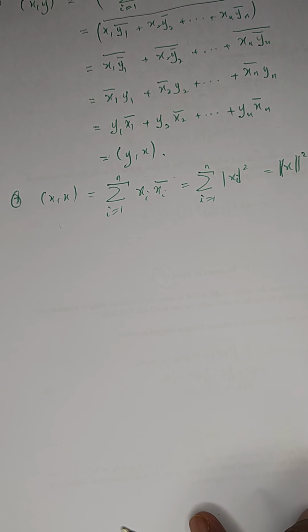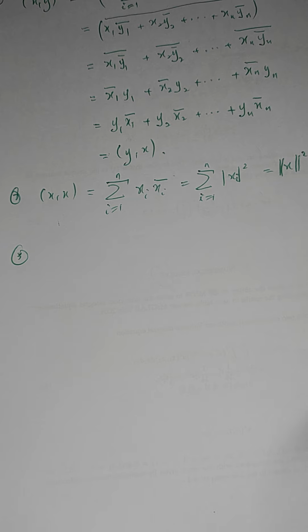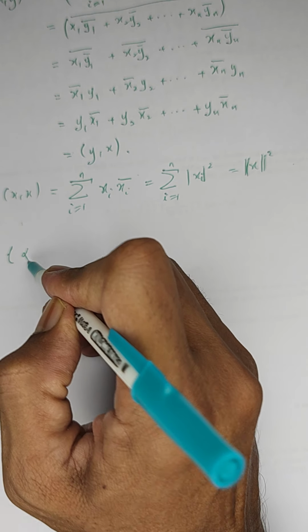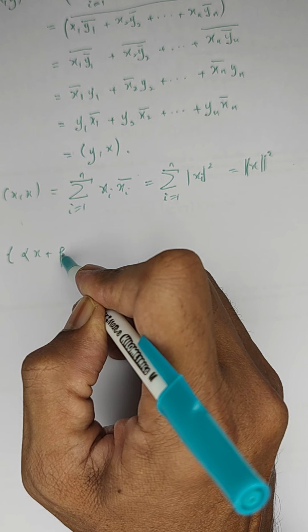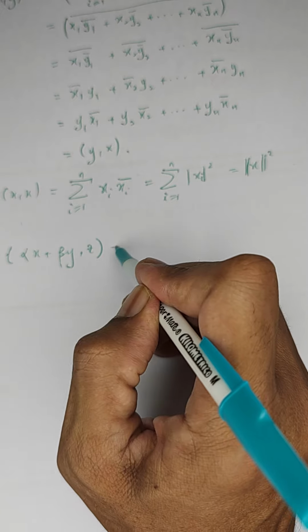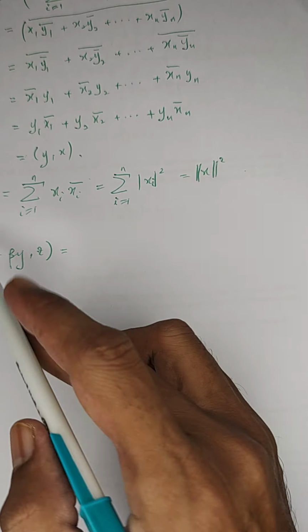The third condition: we need to show that the inner product of alpha x plus beta y with z, we can split that one by one. So again, if we